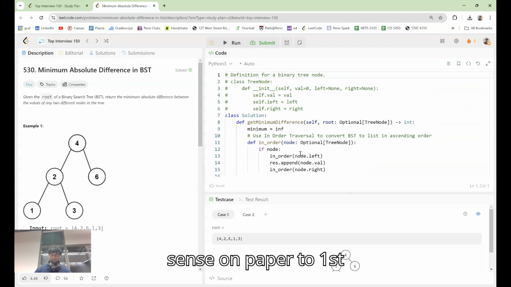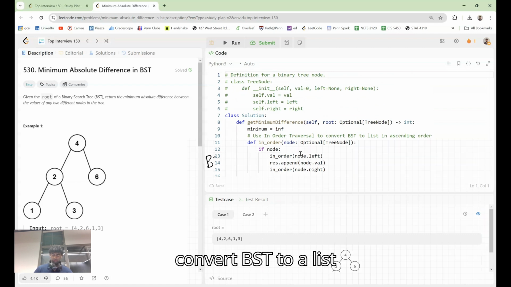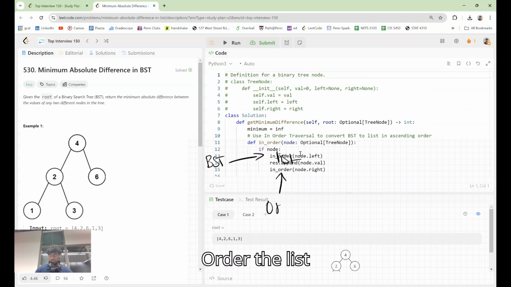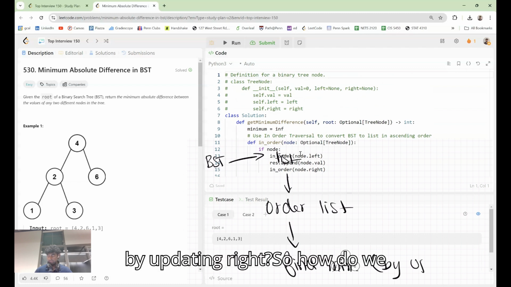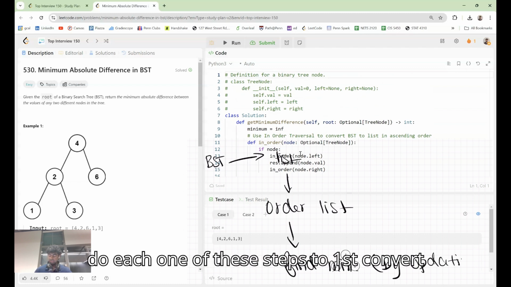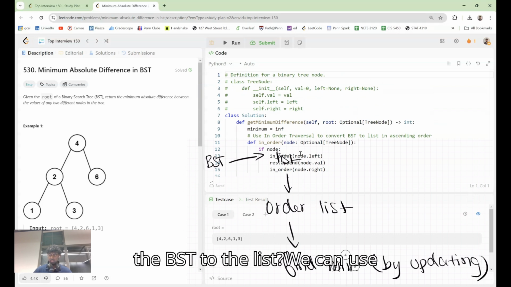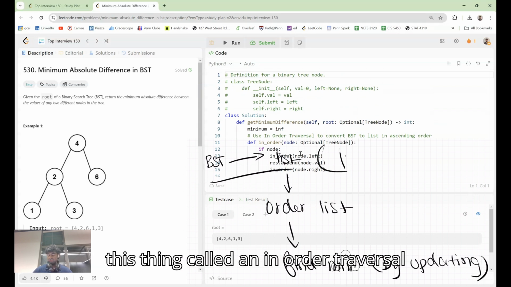To find the minimum absolute difference, and mind you, this is between any two elements of the BST, it makes sense on paper to first convert the BST to a list and then order the list and then find the minimum by updating, right? So how do we do each one of these steps? To first convert the BST to the list, we can use this thing called an in-order traversal,